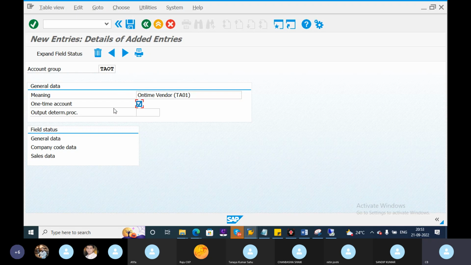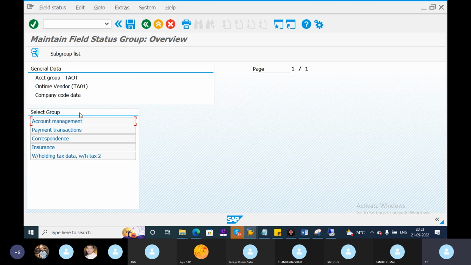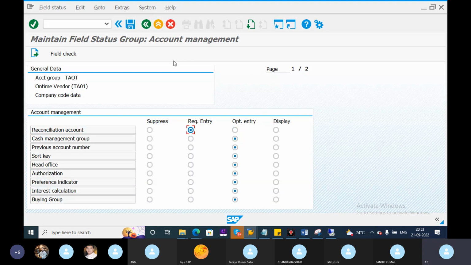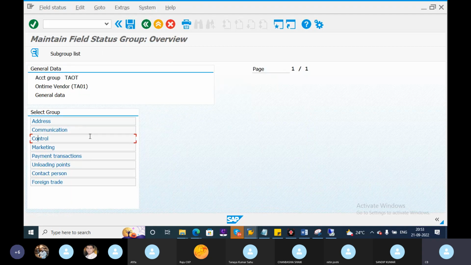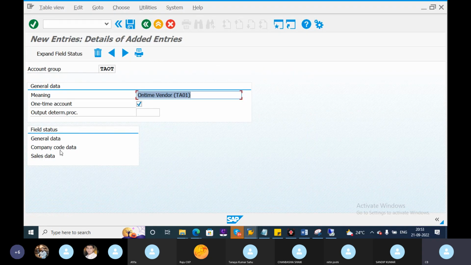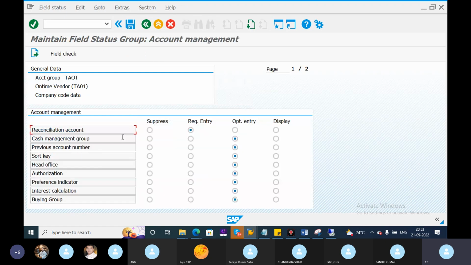For one time need to set. This is mandatory for one time accounts. Go to company code data, account management, required entry, and save it. Okay, all these general data and company code data, these are all fields that will